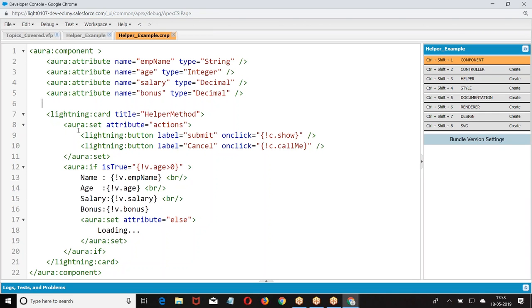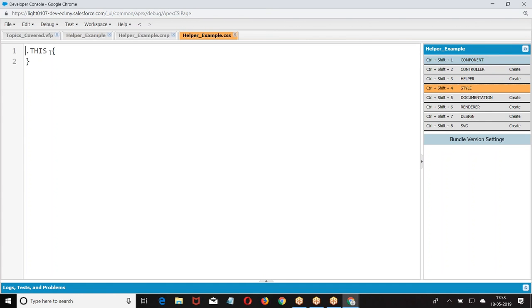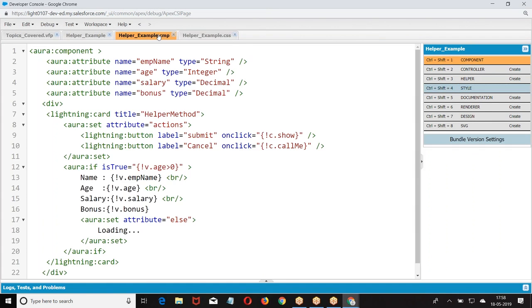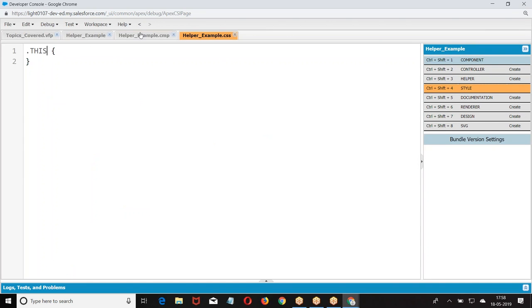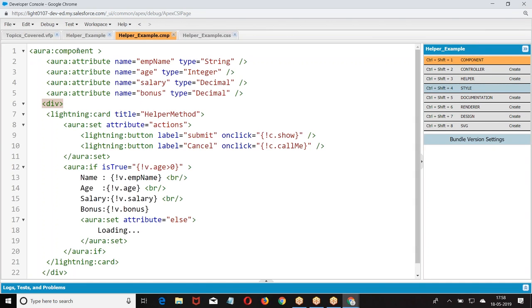Now if you still want to apply any div or anything, you can apply. If you apply a div, there is a style. In the style, what can I do? Is the div outer or inner? Outer div. No, this is outer. It's a direct child of the component, right? Here I have taken a div.